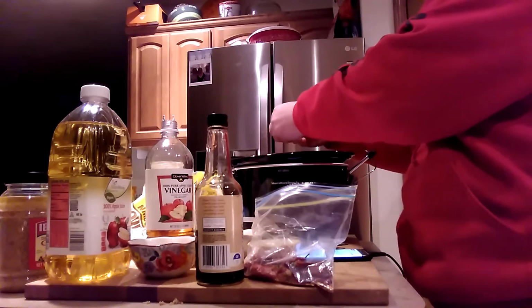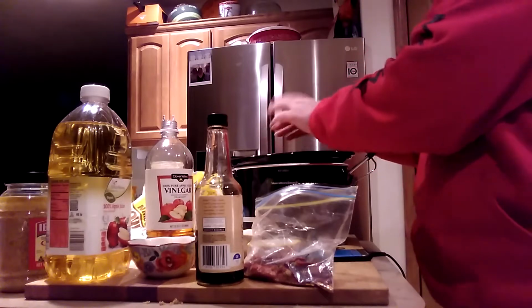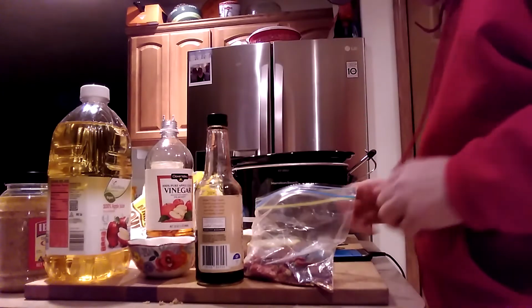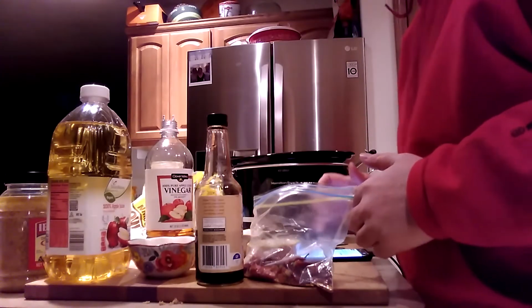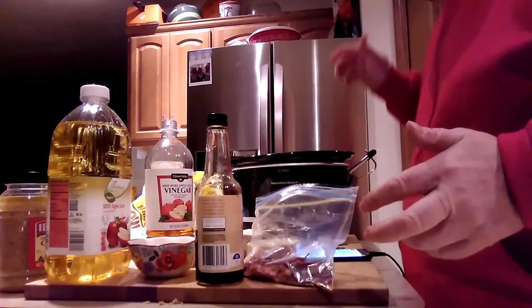That's going to be so good. Oh, I cannot wait. Alright. And then we got that in there. Chicken broth, our last. Okay, so now that we have all our ingredients in our crock pot,